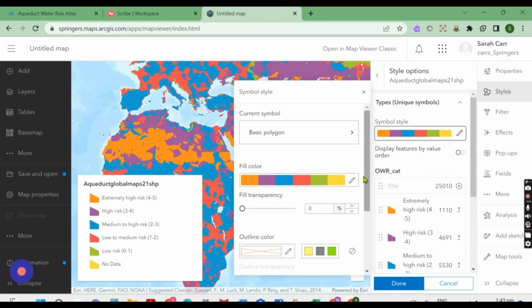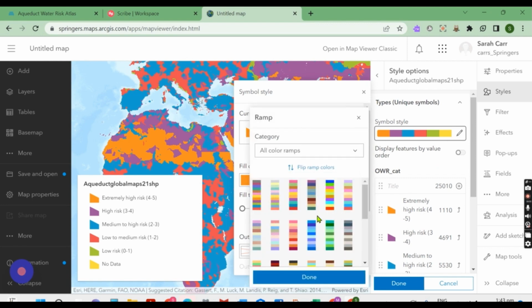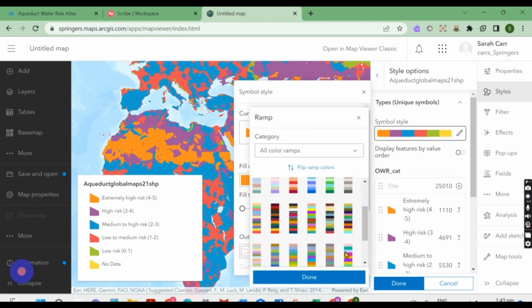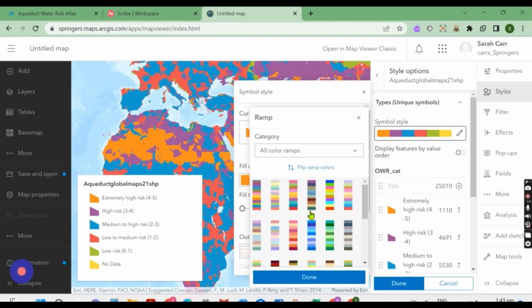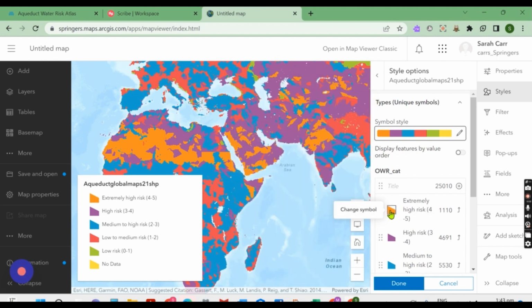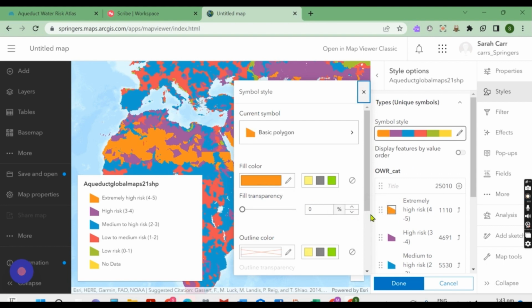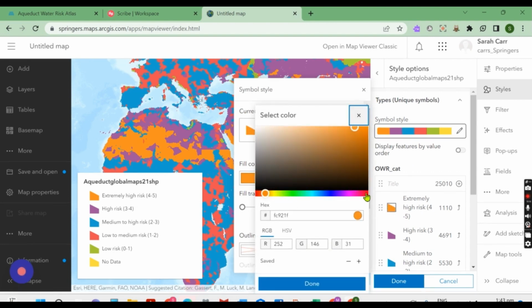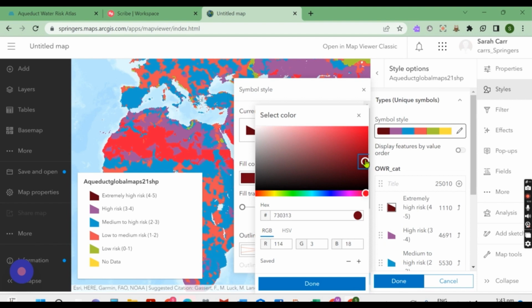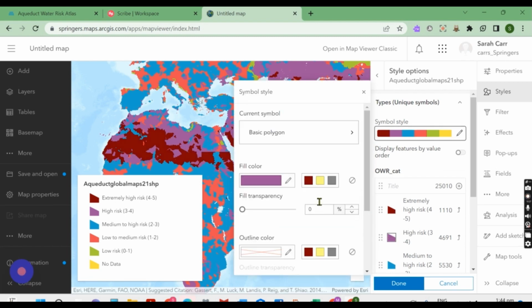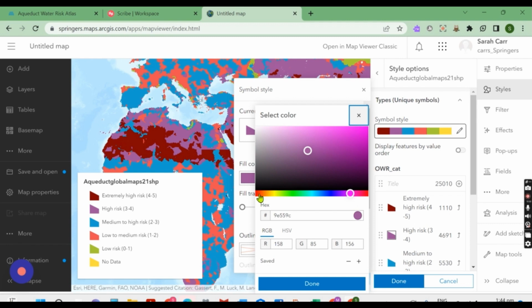So I'm just going to show you. We could go for any one of these, but we'd still have the same problem. They're not very intuitive. And as I say, if we were dealing with numerical data, it would give us color schemes that went from darker to lighter. Okay, so in that case, I'm just going to click on here, extremely high first, and I'm just going to choose a color that I think sort of conveys the idea of being extremely high. Put it on the side. I'm going to go for that color, high risk. I'm going to go for